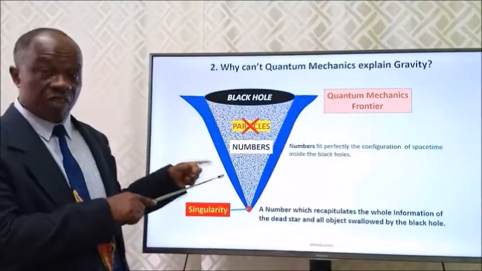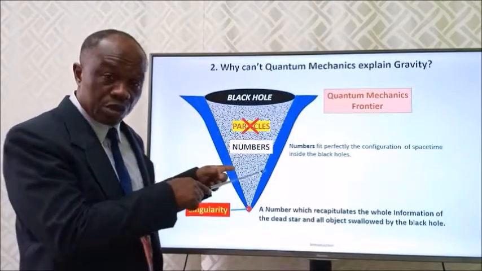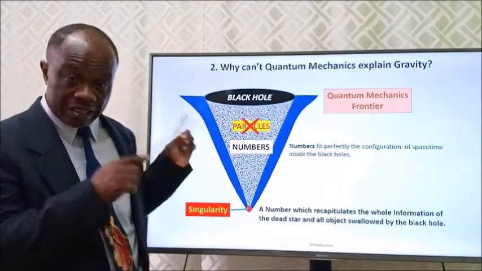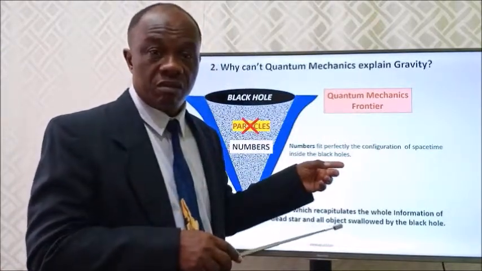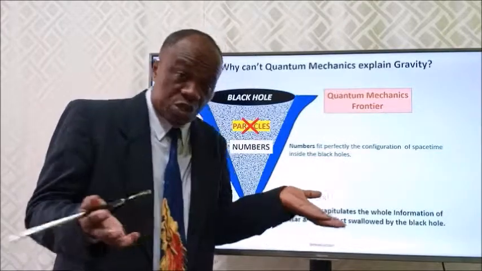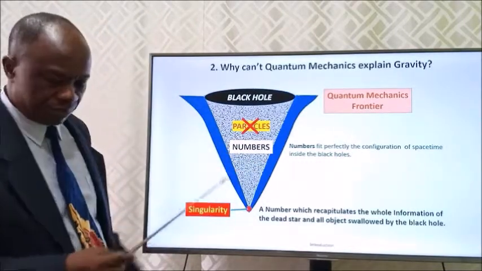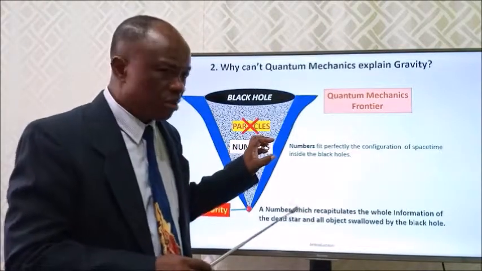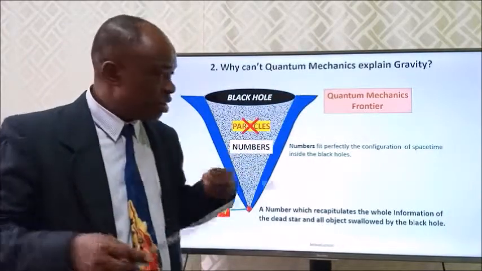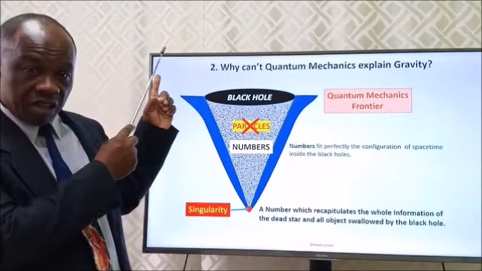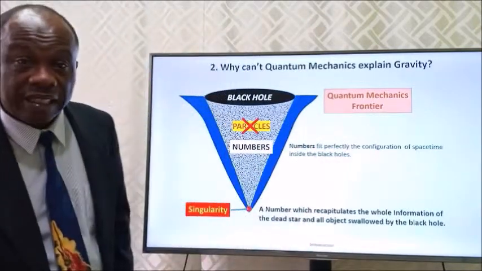The solution is given here, that we have to abandon particles and use numbers if we want to get a correct description of space and time inside the black hole. Now, the question is, how does this suggestion made by the singular numerical relativity regarding quantum mechanics reconcile with what we have learned already in general relativity, that there it says we have to study